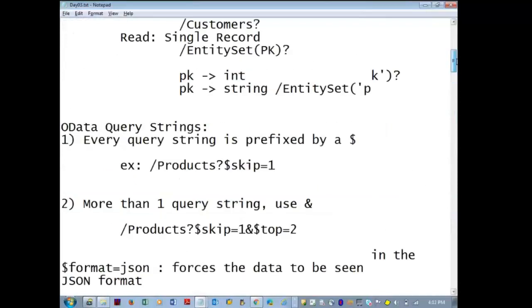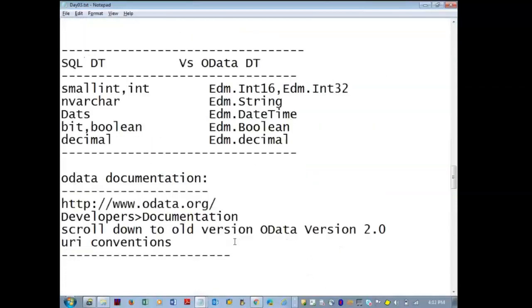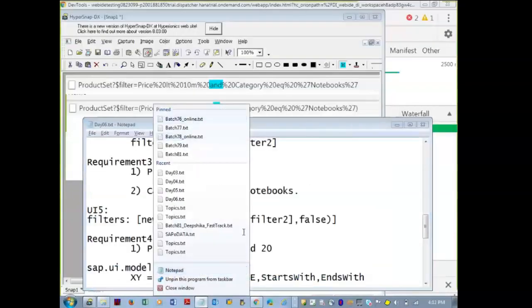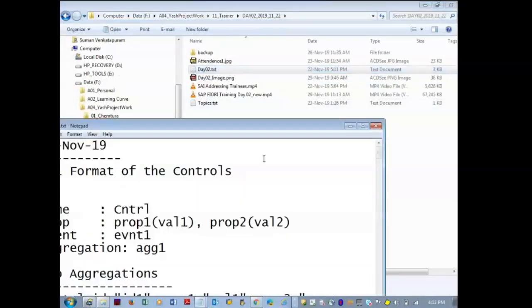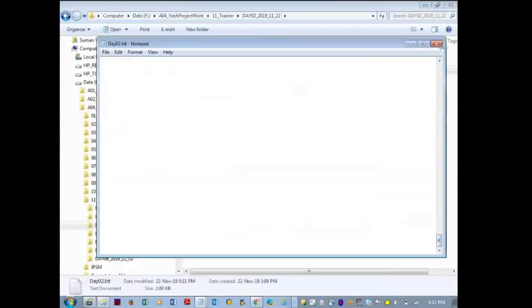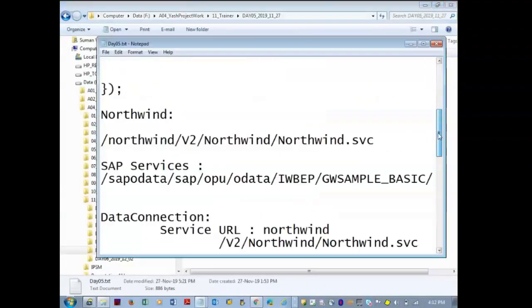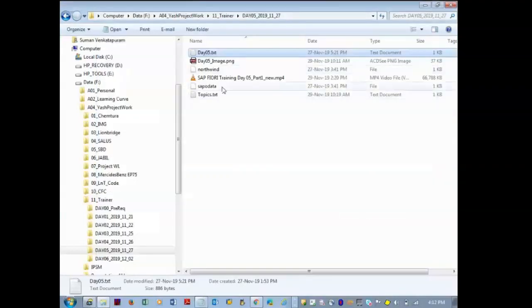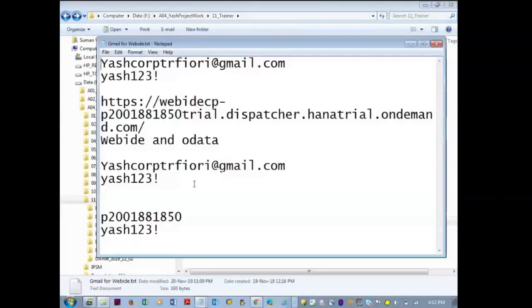This is the SAP service. So this service, this one, SAP service.